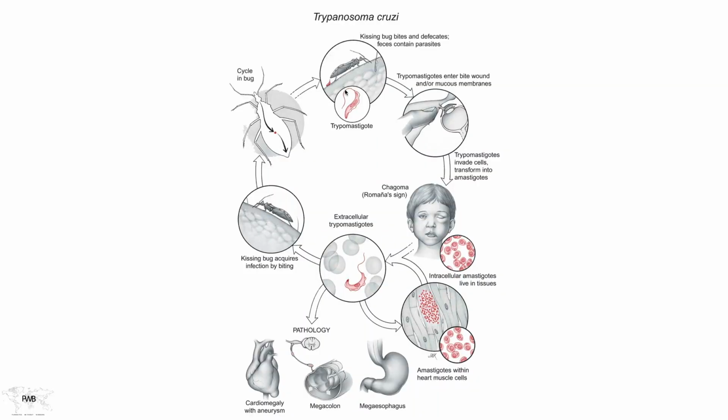And in order to make room for the blood meal, it expresses feces out of its anus, which contains the infectious form of Trypanosoma cruzi, the metacyclic trypomastigote. We don't know of any other vector species or any other infection that infects in just this manner. So it's the feces of the bug itself that contains the organisms. So how in the world could we ever become infected?